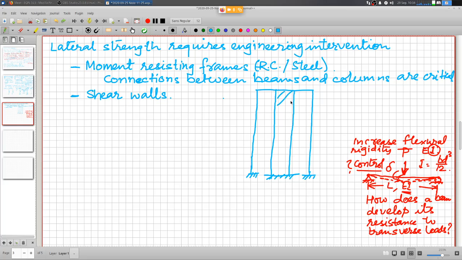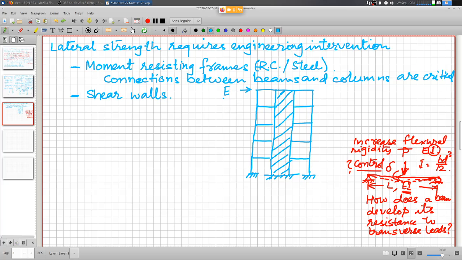So this entire thing is reinforced concrete. In between you may have frames connecting with shear walls, and so on. Right? So if you look at the earthquake load, let's say this is the earthquake load,